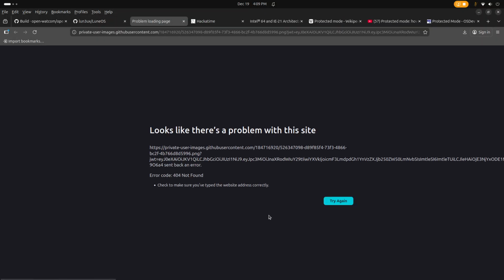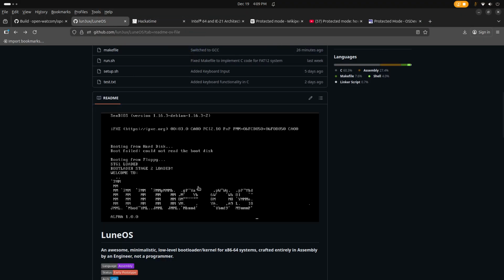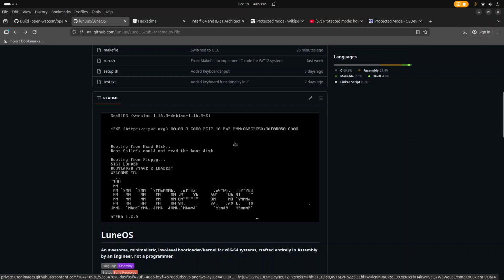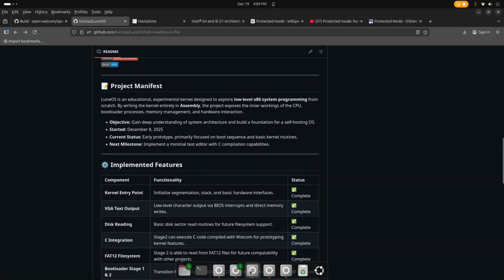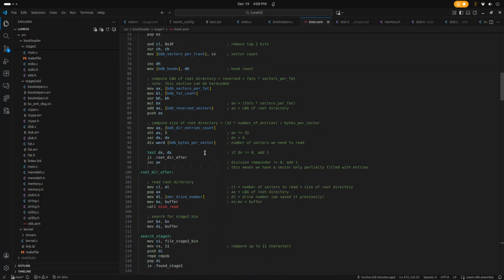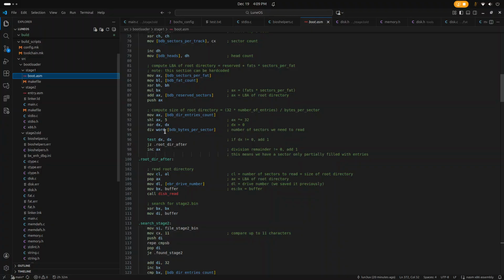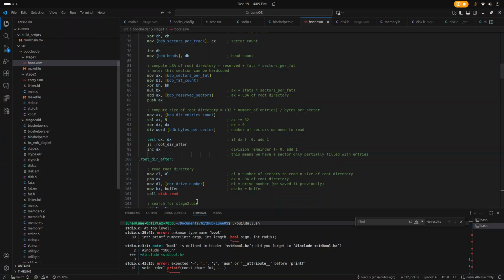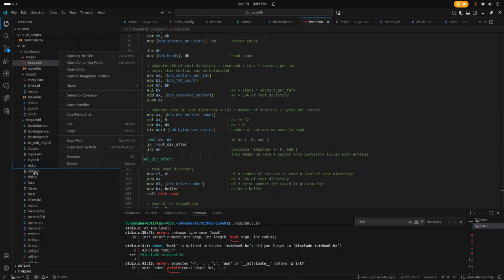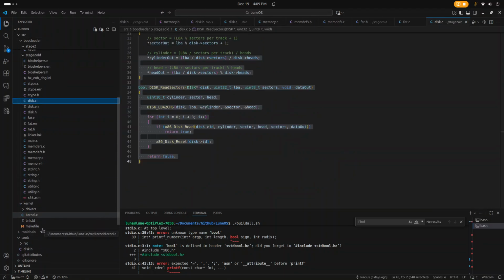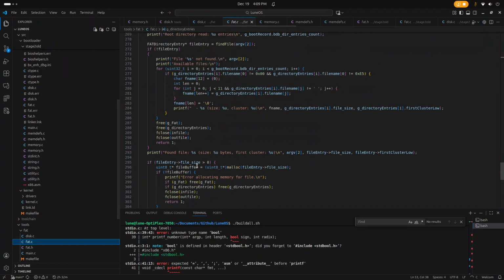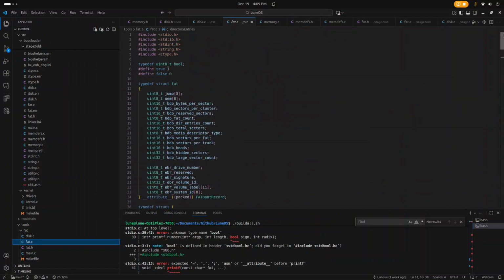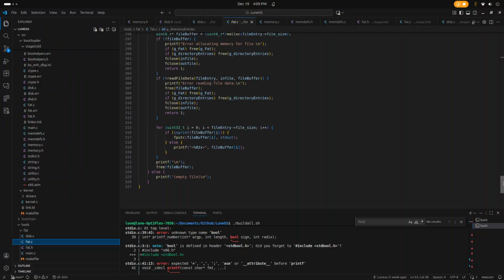This is kind of what LuneOS looked like before implementing GCC. Right now, a lot of work is being done with it. Like I said earlier, I used to use Watcom C, so it was coded with that in mind. For example, this was initiating the FAT12 file system.